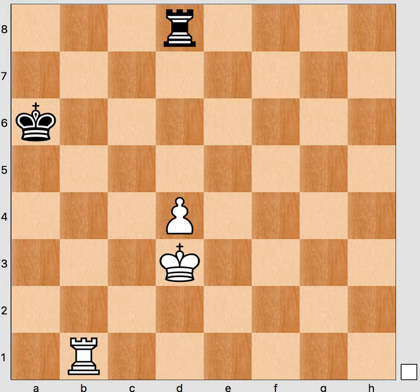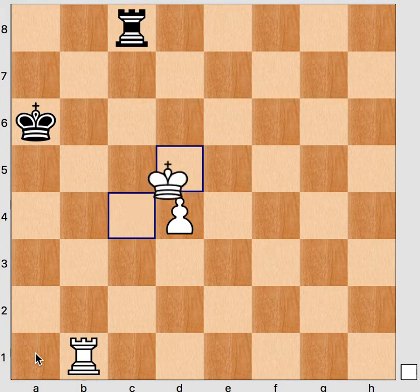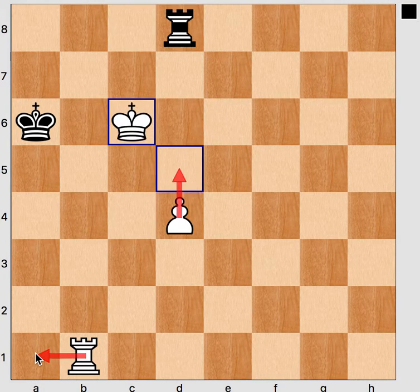this method does not work, but white does have another method, and the method is that because this king is cut off here on this side of the board, white can win using some mating ideas. So the king moves not to e4 but to the other side, king c4, and the point is that the white king wants to move to c6, where it then can assist the pawn advancing, and it also threatens mate with rook a1 checkmate. Okay, so if black checks, the king moves forward, and now the king has reached c6,